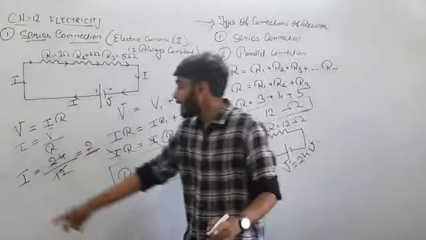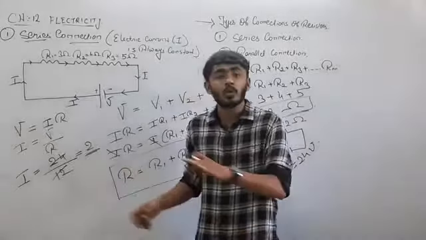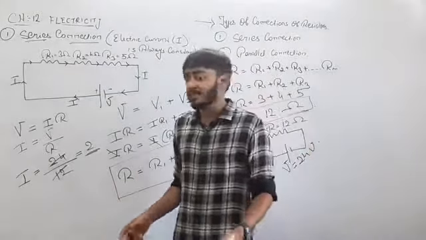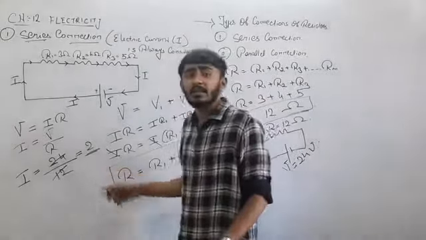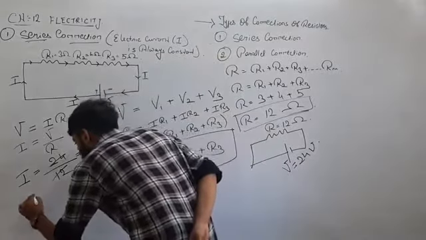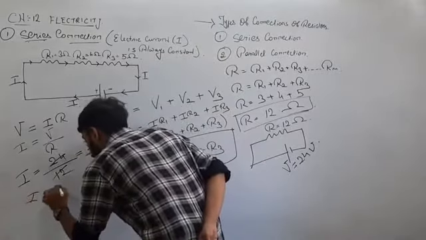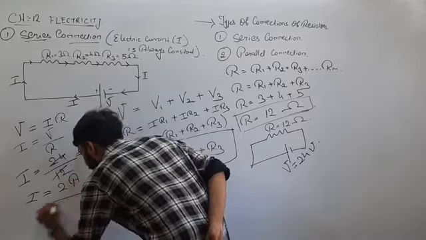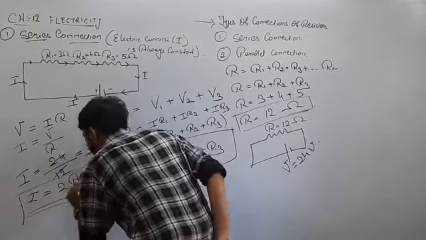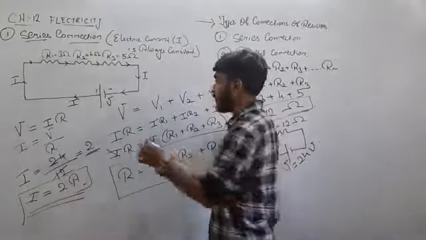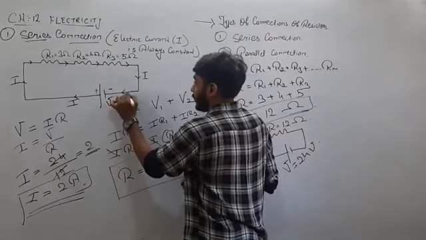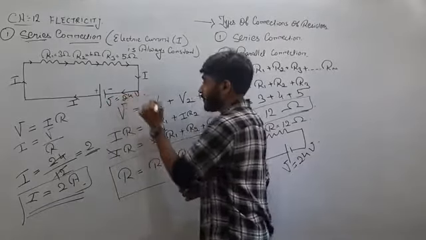Now if you keep the answer I equals 2 as it is, you will only get half a mark. It is necessary to write the SI unit of the electric current. So you need to write I equals 2 ampere. This will be your resultant answer for finding the electric current. Here also it was 24 volt.